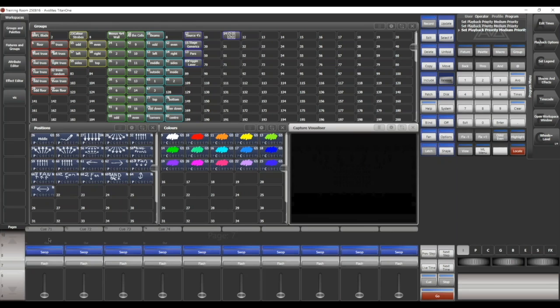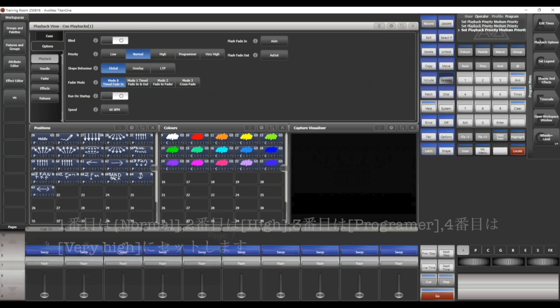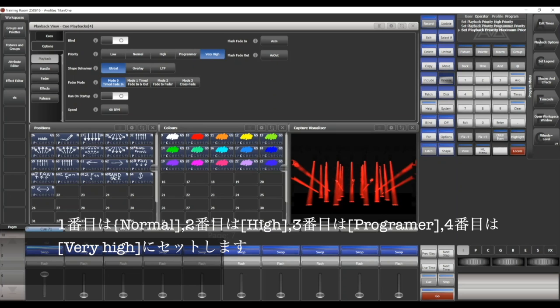So I'm going to set some priorities on here first of all. So we'll click on the playback, go into options. The first one is going to be normal, the second one we're going to set to high, the third one we're going to set to programmer, and the fourth one we're going to set to very high. If we now fire those 4 playbacks,